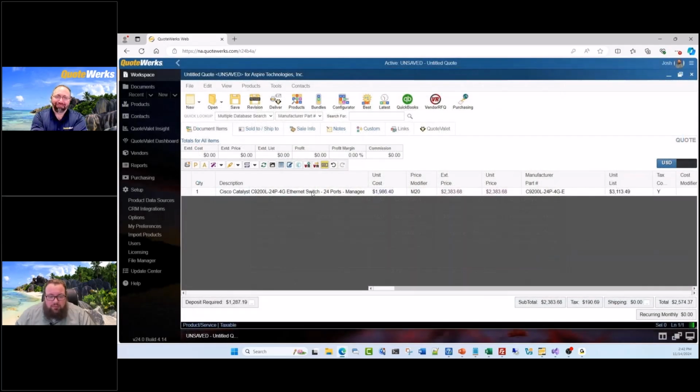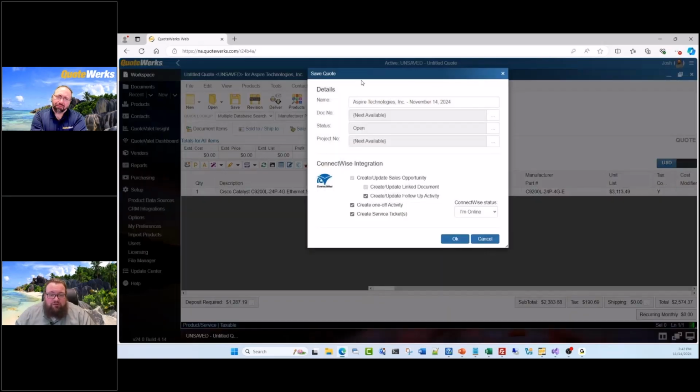So here we've got our product. We've configured our defaults in the sale info tab. We've added our sold to ship to contact. We've pulled in a product. At this point, we might want to go ahead and save our quote. So if we save our quote, you'll see that it brings up the save quote. We have our default naming convention that we have set on our document tab, and I'm just going to add